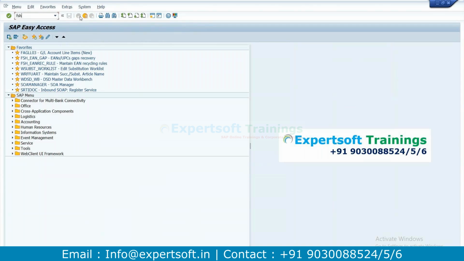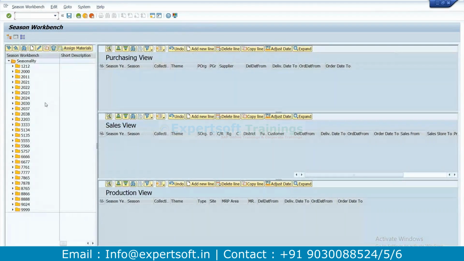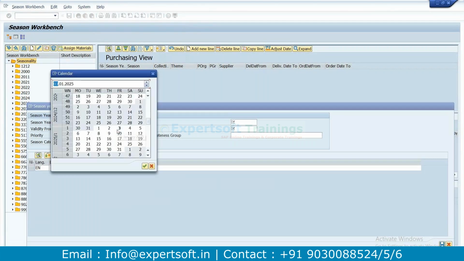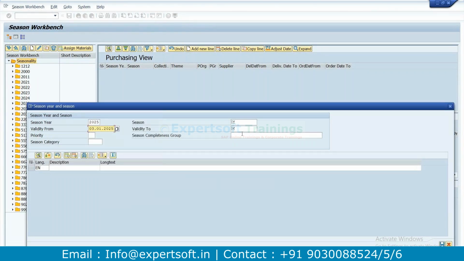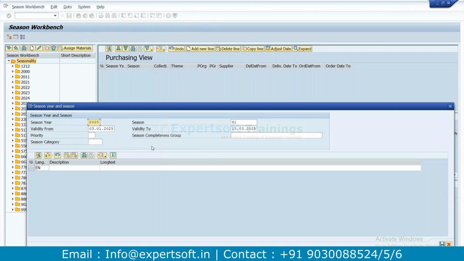Seasonality, FSH underscore SWB. This is where you create the season. Basically, I don't know if the 2025 season is already created. Now let me create the 2025. So let's create 2025, valid from the current date to, let's say, the middle of March. This is season 1. Valid to is, let's say, next month end or maybe mid of March, whatever is sufficient. And then let's say this is winter,